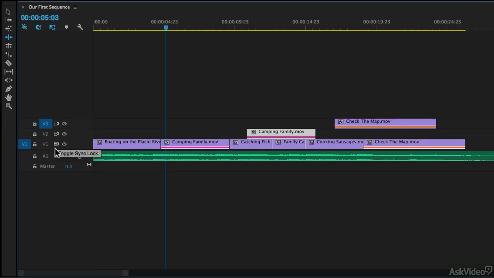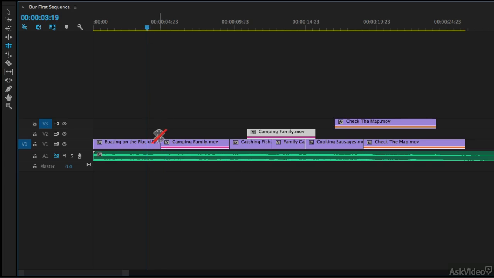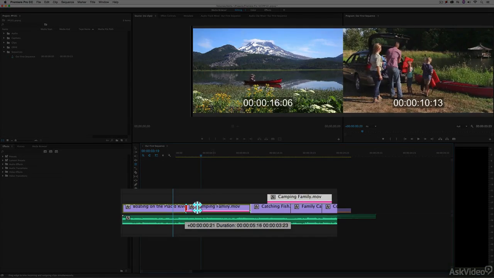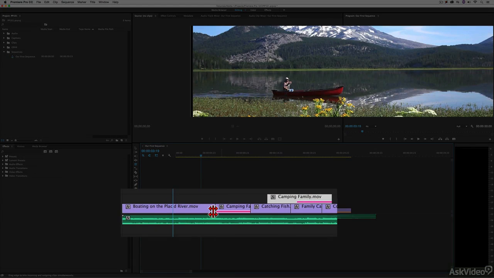Now, let's talk about the rolling edit tool, which is the next tool right here. This is an overwrite command, basically meaning that once I make an adjustment, it's not going to push anything down the timeline. It's only adjusting the incoming and outgoing heads of each one of these shots. So all I'm going to do is move over the edit, simply click and drag, and once I move that and let go, it's adjusted the outgoing frame and made this shot longer, and by doing that, it's made the